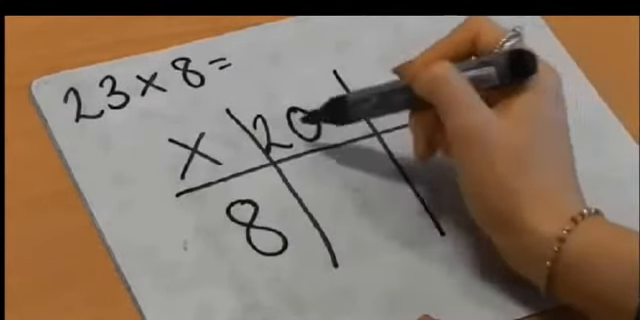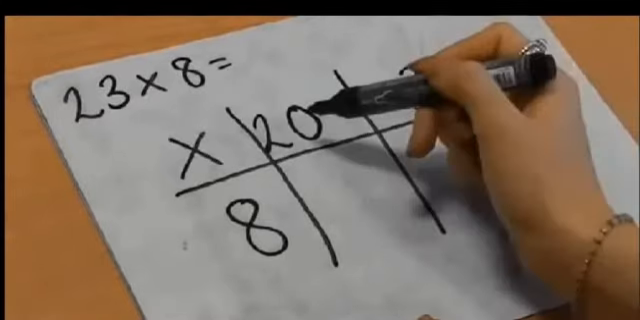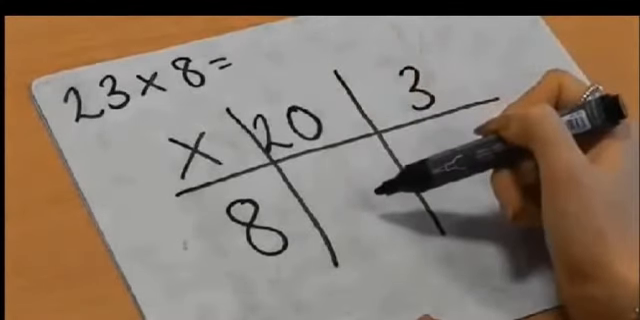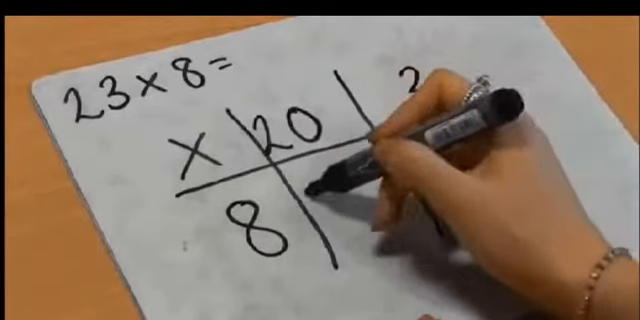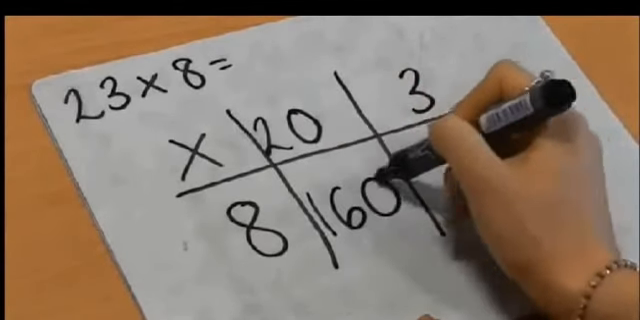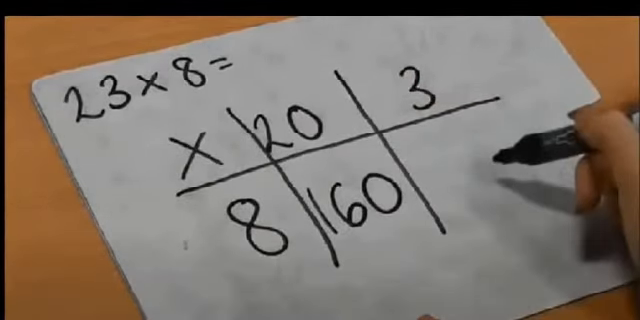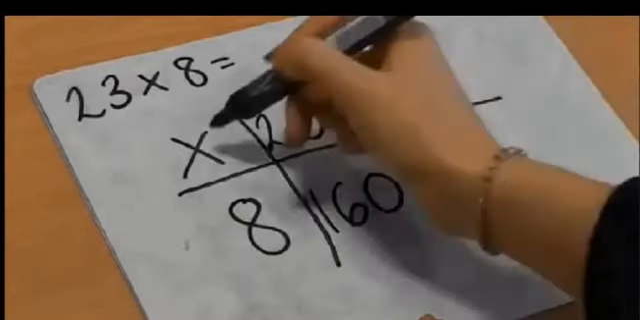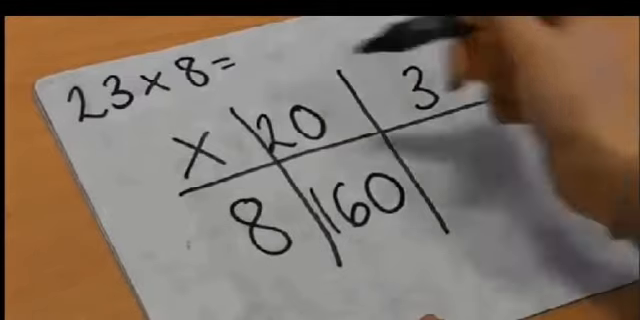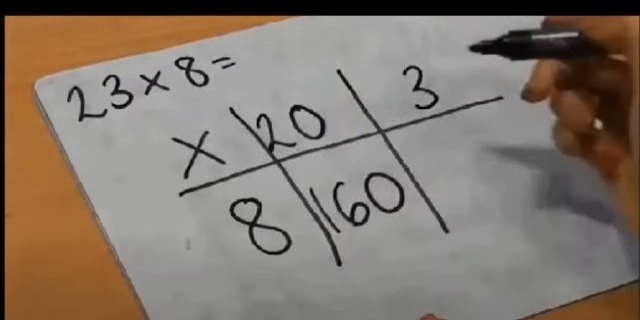So I am going to make it 10 times bigger. 2 times 8 equals 16, so 20 times 8 equals 160. Right. Now I need to calculate 3 times 8. 3 times 8 equals how much, learners? Yes, that is